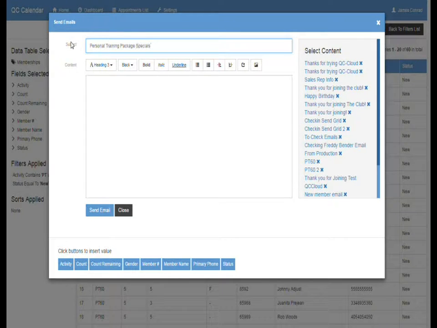Now when you start your email, if you want to say Dear Steve, Dear Judy, Dear Jane, etc., you want to type in Dear, and then a space, and then down at the bottom, click on Member Name. You'll put in that person's name. I'm going to go down to the next line, and